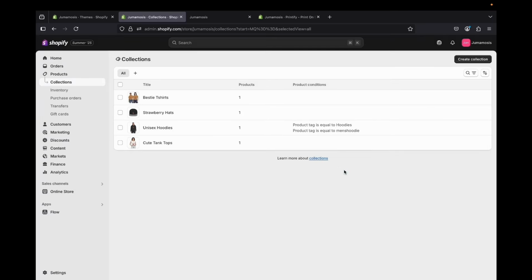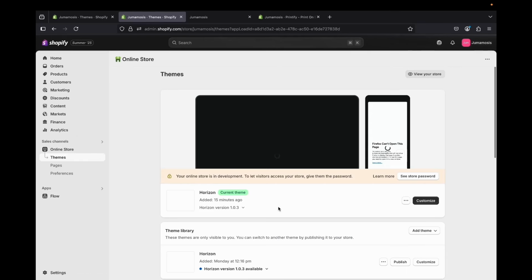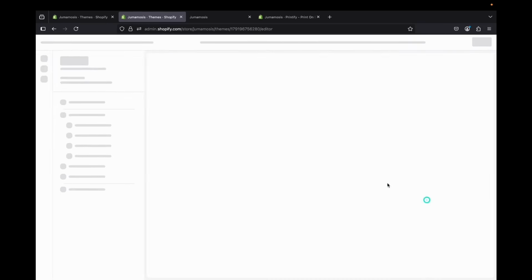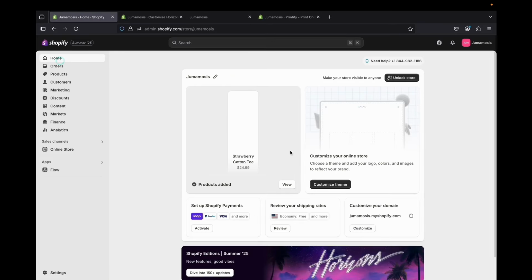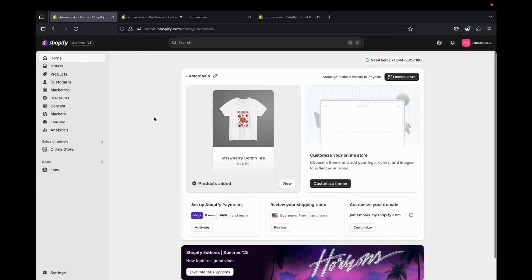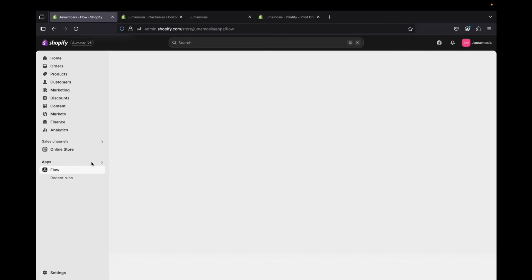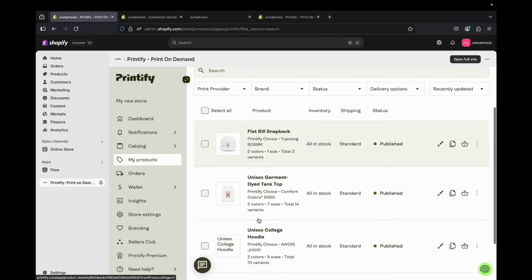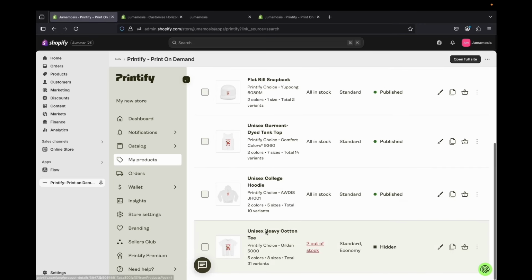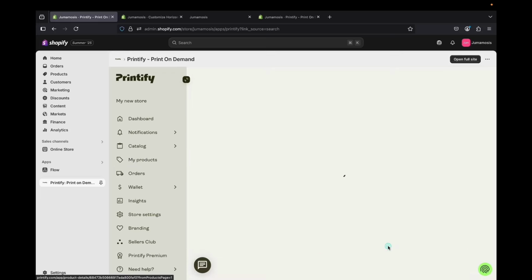Now let's go back here and click online store, and then let's go ahead and click here customize. Another thing, I just realized one of my t-shirt collection, they're not shown here, so I am going to figure out what is happening. Okay, so let's go back to Printify, let's go to my products, and let's click here. When we take a look on the t-shirt, you can see here it's hidden,